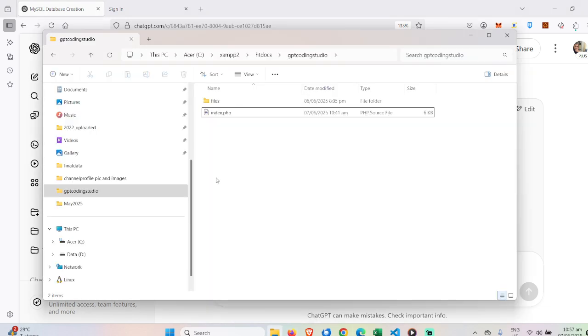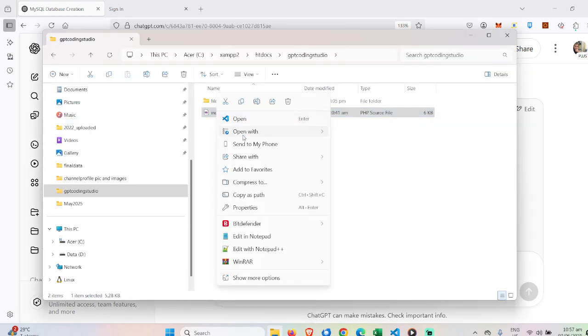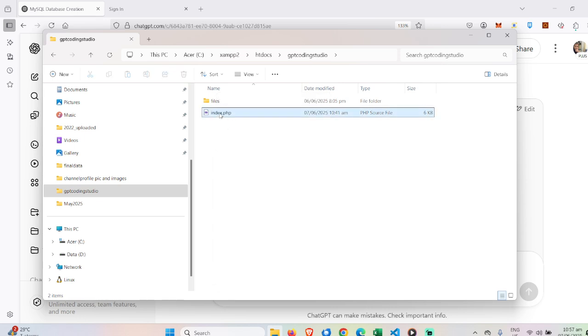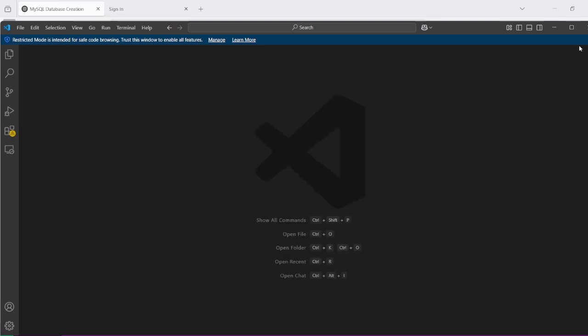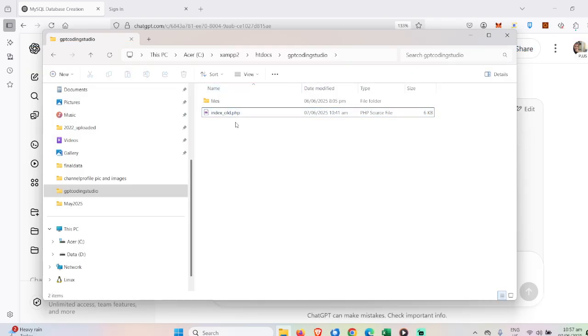Let's copy. So let's just save this first in another file so that we have a backup of the old code. Open it. Okay, let's open it again.